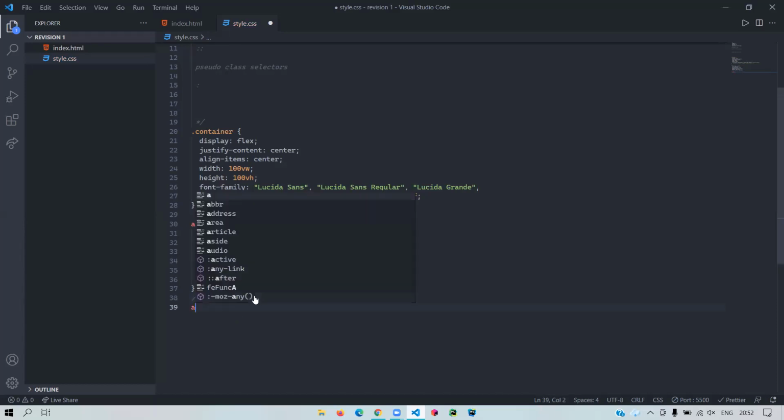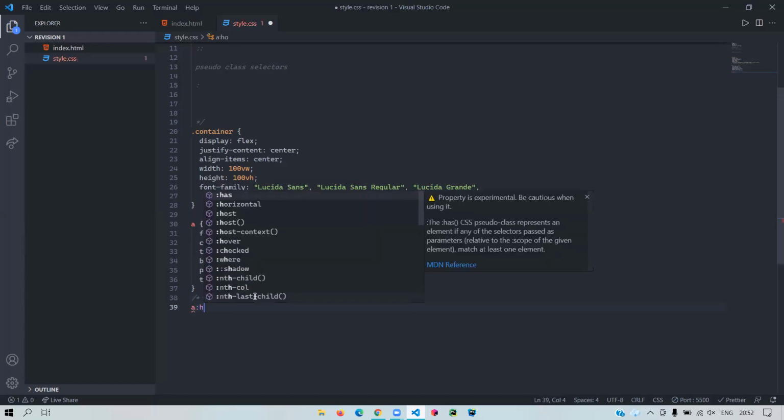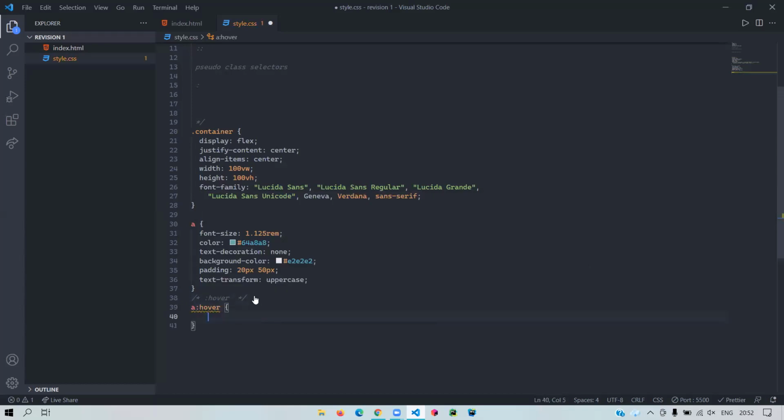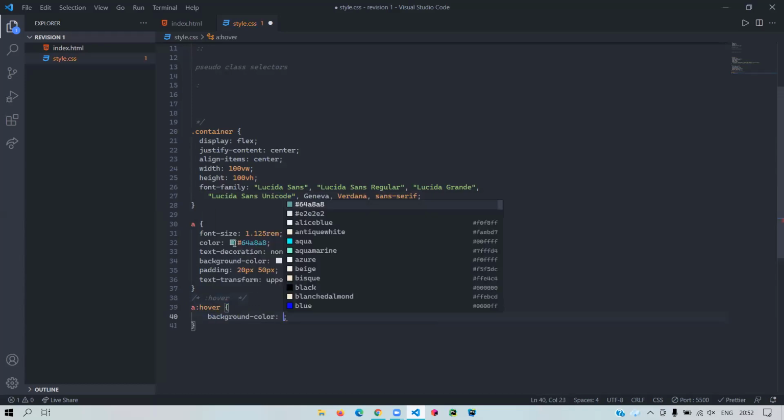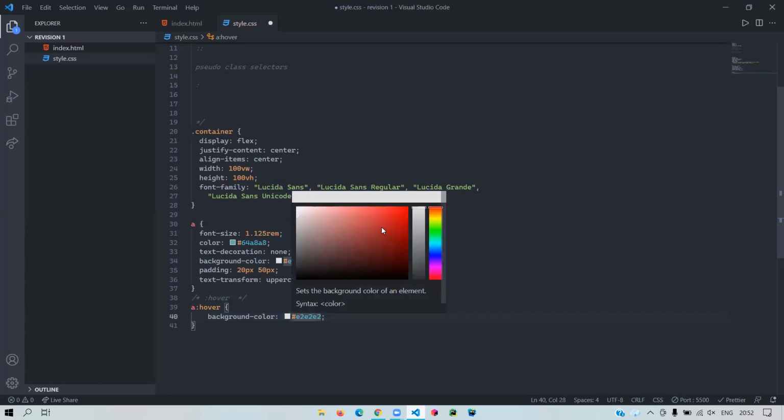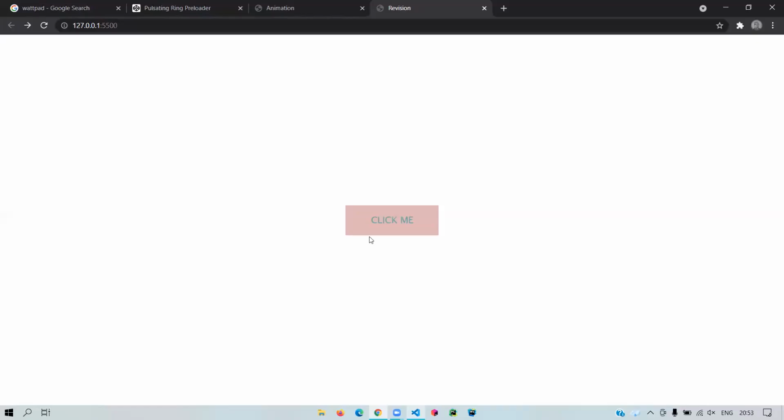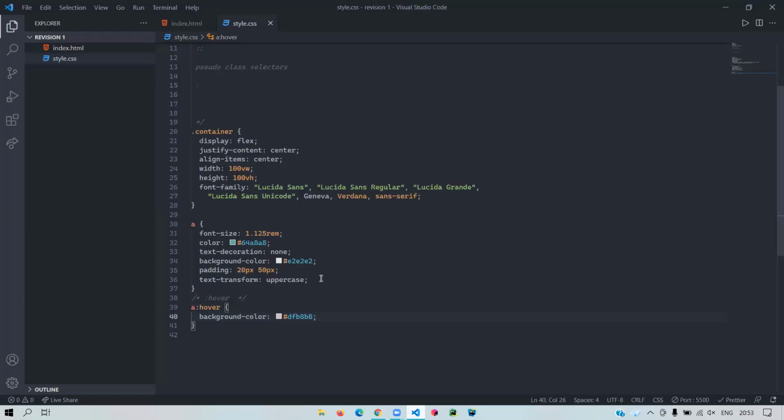So I would do this, and I can change it over here. You see how the background color changes when I hover this. Now I want this to go smoothly.